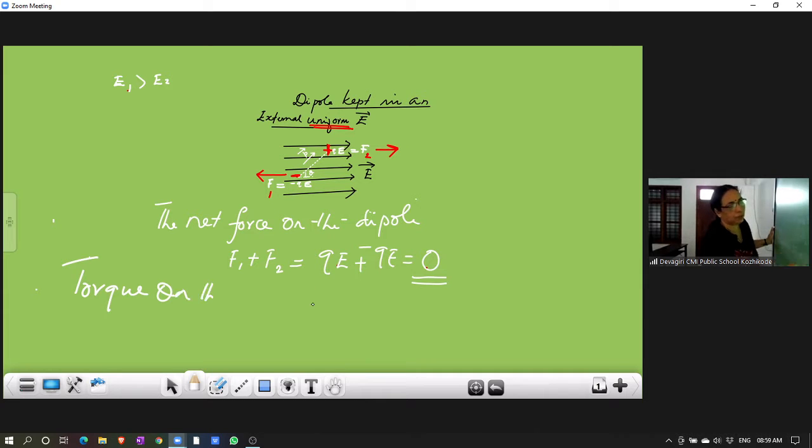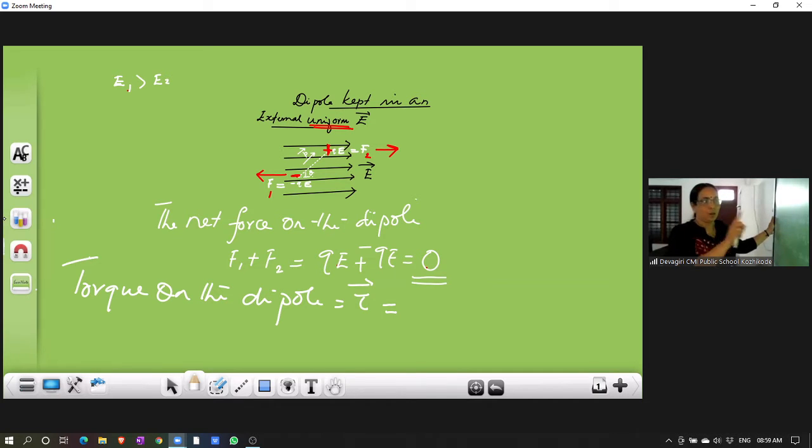The torque formula we know is r cross F. Which letter do you use to denote torque? It is tau, T-A-U, a Greek alphabet. Tau is the letter we use to denote torque. So torque on the dipole is equal to, the definition is, you can calculate torque by multiplying one of the forces, one is QE, other is QE, their magnitude we want, by the perpendicular distance between